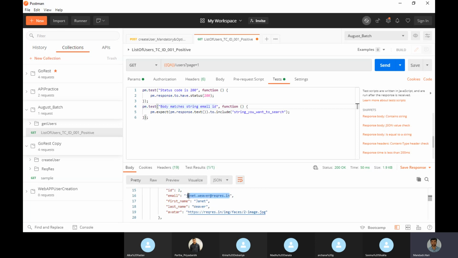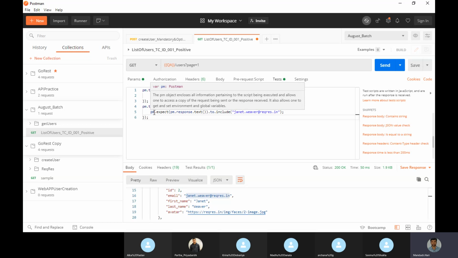This I will take, whether this is present or not, and we will remove it and identify whether it should not be present also. Now we are keeping one positive email ID which should come in my response. So body matches string, email ID, function.